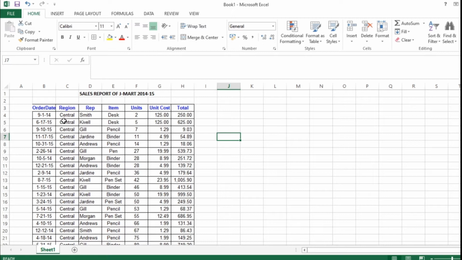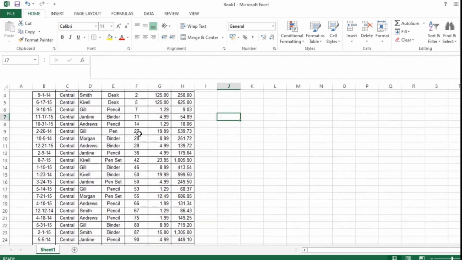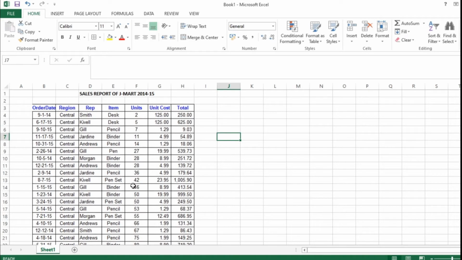Right. Before starting the demo, I'm confirming certain instructions. We have two prime instructions before starting with pivot table. First, confirm whether the data we have taken doesn't have any spaces between the rows and columns.